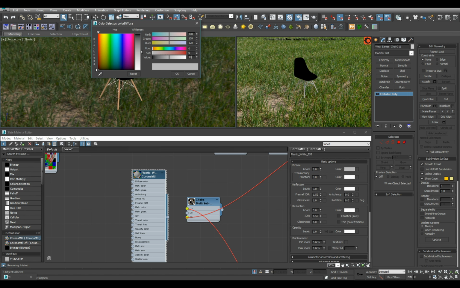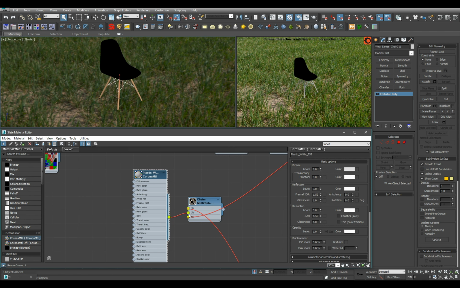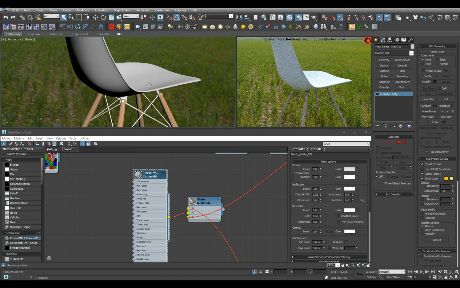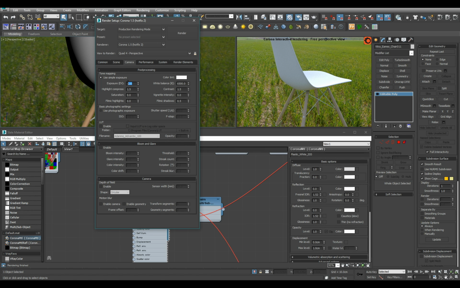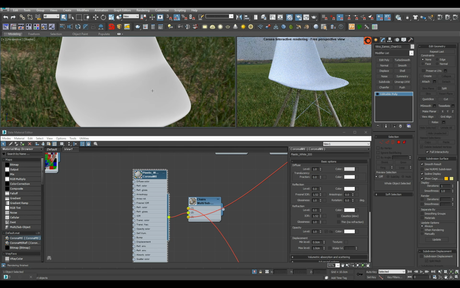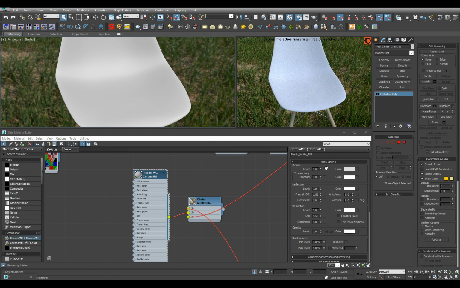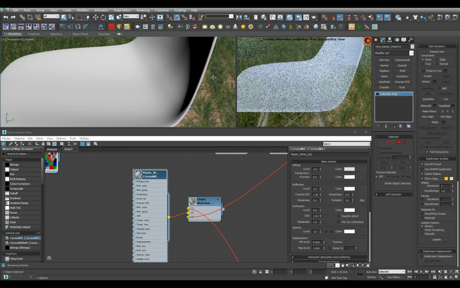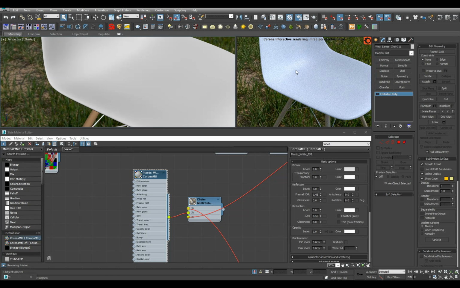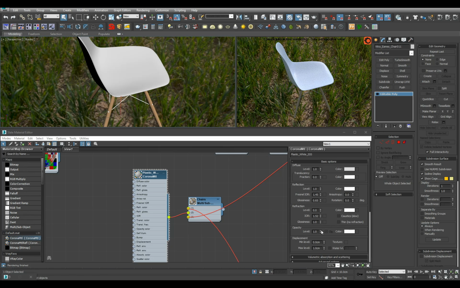White is gonna be around 190. Plug it in, see how it looks. It's very white, so just go to render settings, decrease the exposure temporarily, a bit more. And again, one reflection, 1.45 for the plastic, and it's going to be rough plastic, so like 0.6, judging by the highlight maybe 0.65. Okay, turn off the opacity,